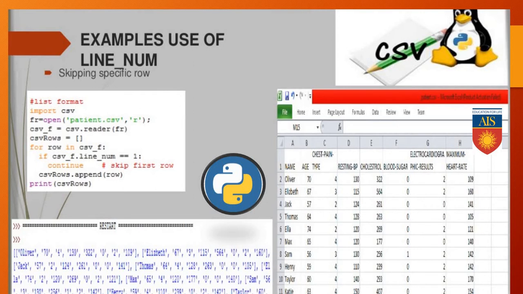That means what is actually happening over here: with the help of this command, the user can skip the first row, or if they don't want to, they are not supposed to skip the first row. The most important thing over here is that the user can provide a line number. By the use of line number, the user can take the necessary steps.